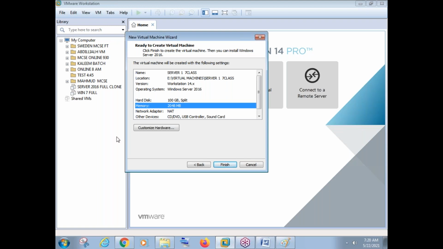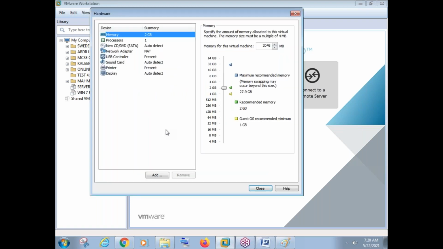Okay. So 2 GB memory is sufficient, but still I will go to customize hardware. In customize hardware, I will select totally 8 GB. I can select 8 GB memory in my computer because total memory in my computer is 32 GB. So if I select 8 GB, the performance of my virtual machine will be much better. With 2 GB we can easily run a Windows Server operating system, but this is a classroom machine, so I'll go with 8 GB. Why can I go with 8 GB?